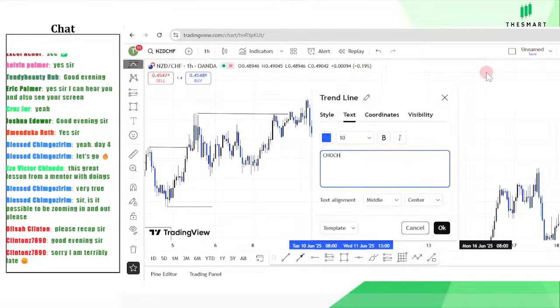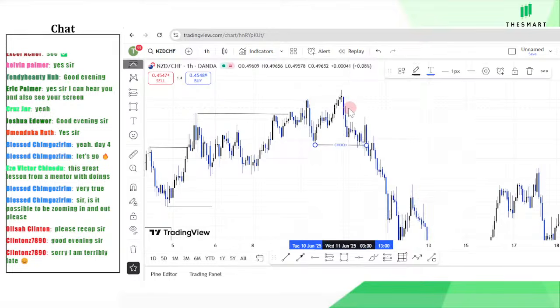So having a change of character at this point, what we want to see is, if you see at this point, we have this fair value gap here, and you can see the momentum the candle came with. The price pulled up but didn't get into this zone. So from here,